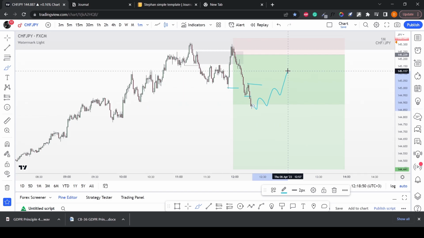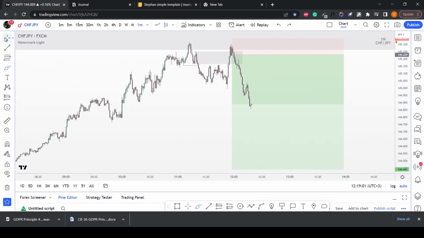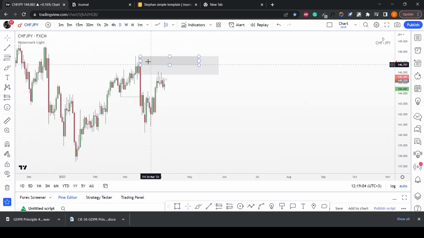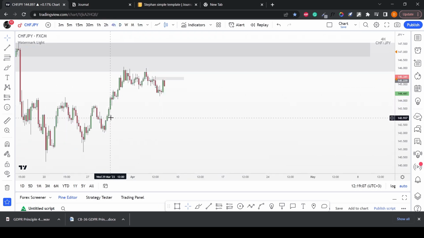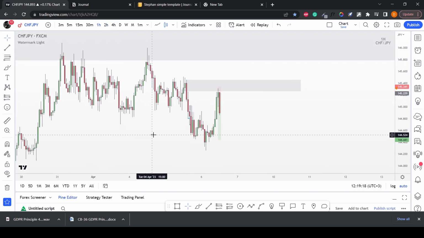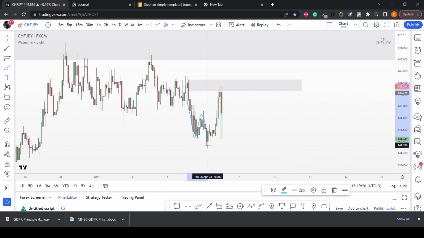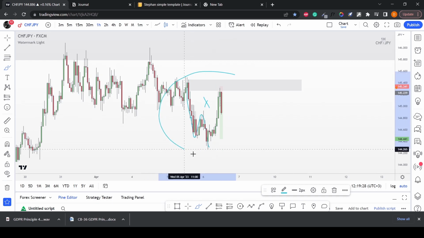And CHF-JPY during the previous 2 weeks, to be honest, several times it just took me out at break even and then went all the way to the targets. I don't know if it will happen now, but again, the daily is there, the 4 hours are against me, but 1 hour, 2 hours, they all showed this reaction from the daily zone and started to go. Also you need to ask, is the target realistic? Yes, of course it's more than realistic, because the situation we have here is a break, and now we created a redistribution on 1 hour,